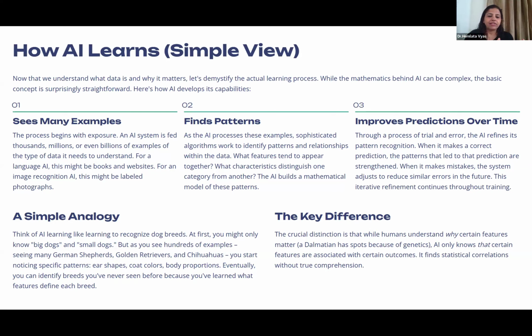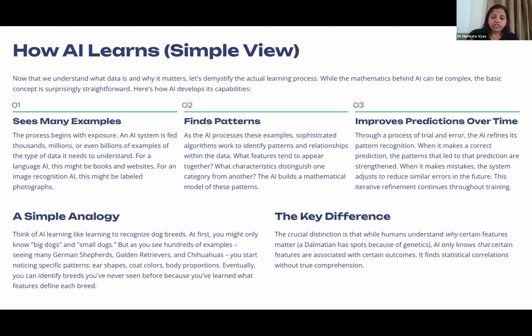Then it will categorize some dogs and cats. But it is possible that it categorizes some small dogs as cats. Then, through trial and error, we refine its pattern recognition, like the length of the face and the width of the face, so it learns that small dogs are also dogs. When it keeps learning through hundreds of examples, it is able to classify all the dogs as dogs.